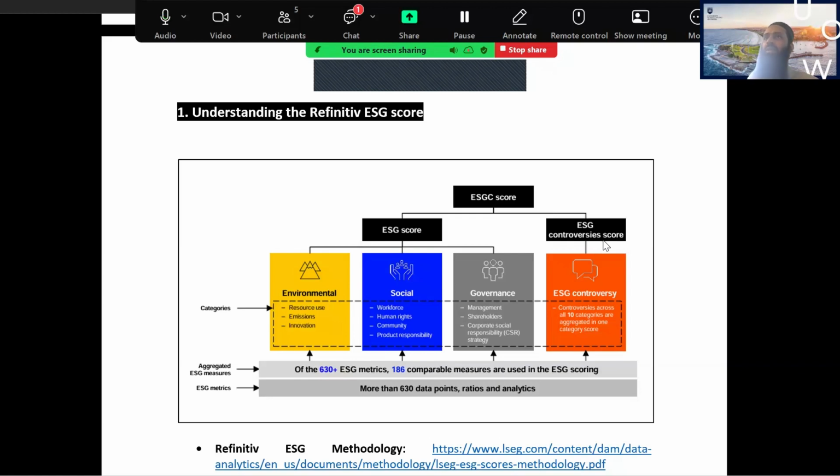So this is not in the control of the company. Yeah, in some markets, media might be controlled by the companies, but we can say that this is the controversy score. So any negative event reported in the media. Okay, so Refinitiv put them together and it gave us the combined score. And that's why in the literature, sometimes I have seen researchers are saying the ESG score from Refinitiv is a measure of ESG performance, whereas the ESG score from the Bloomberg is a measure of the disclosure.